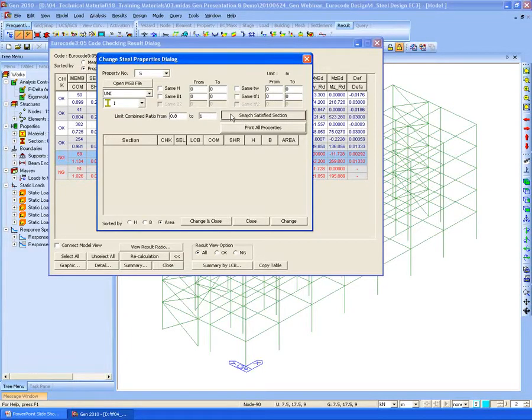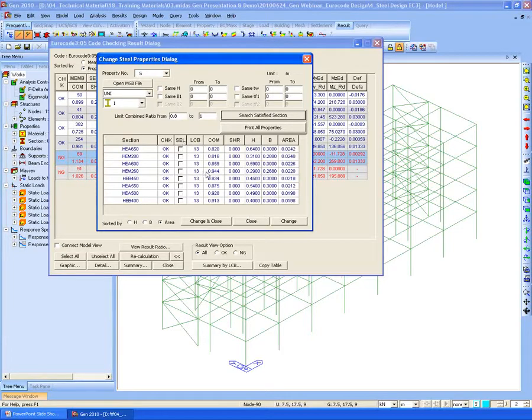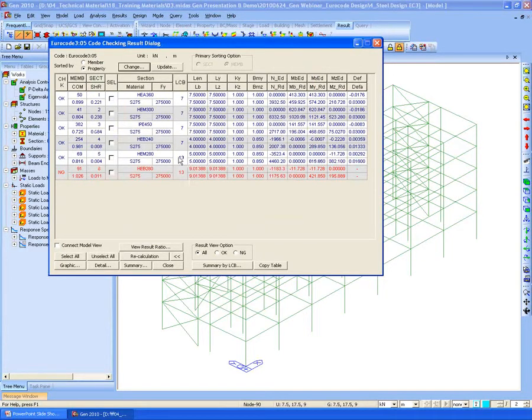By clicking the search section, the program will give you the recommended section which is satisfying the design code, and then by clicking change and close, the program will recalculate the design resistance, and you can see this section is displayed as OK now.